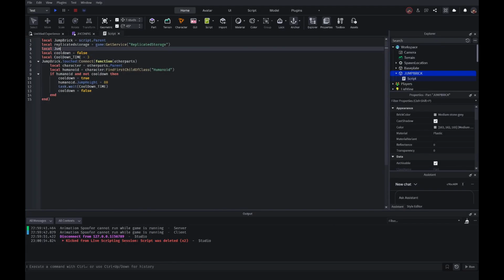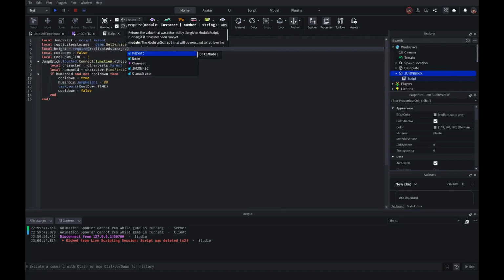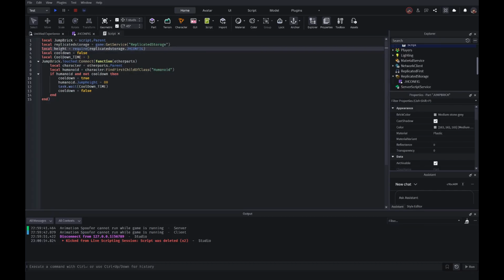So let's say jump speed. Let's just say speed or height. Height equals require, and then we're gonna reference ReplicatedStorage, because that's where it's stored. And then we're gonna say dot JHConfig. Please note that the JHConfig is the name of the module script in ReplicatedStorage. So once we do that, we can change it through